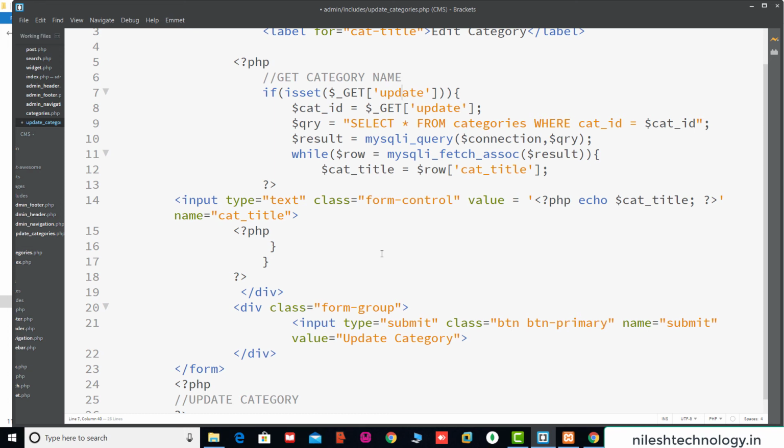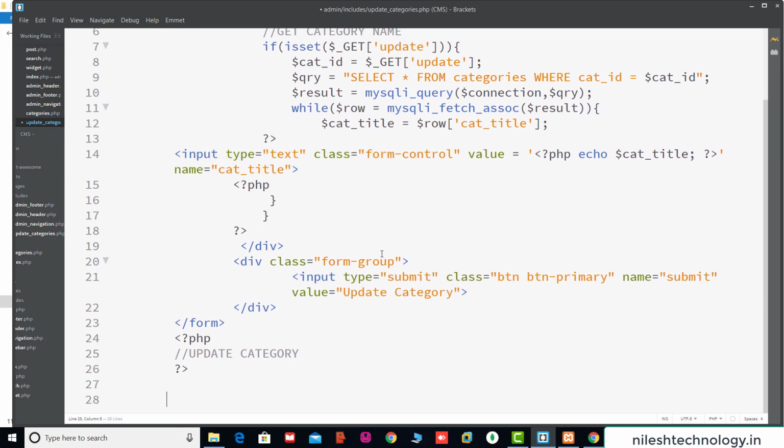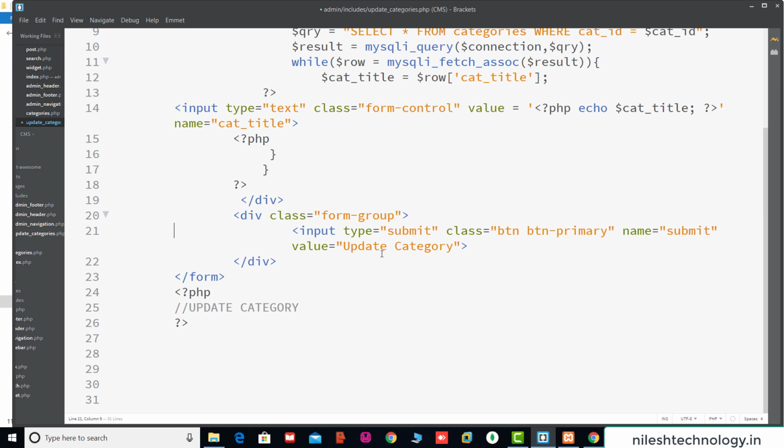Okay, so here we add some code. So your button name is, so here we change the button name to update category.